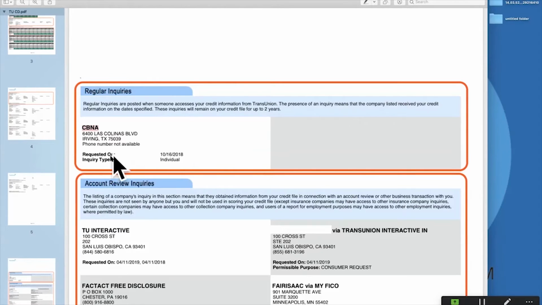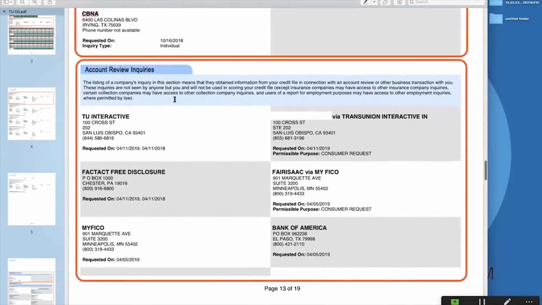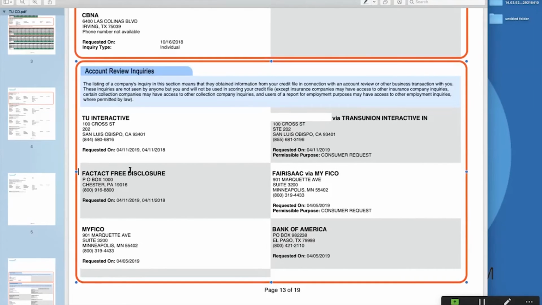And when it was requested, and of course, since this is the TransUnion report, it's just reporting the TransUnion. But notice the account review inquiries. There's TransUnion, that is when this was pulled. There is a Fact Act free disclosure when that was requested.